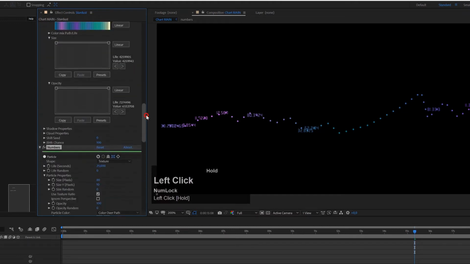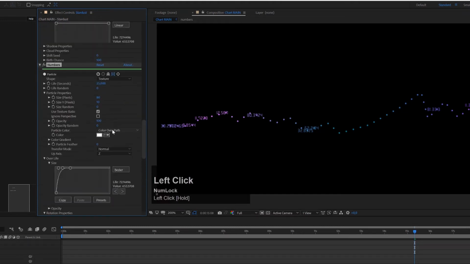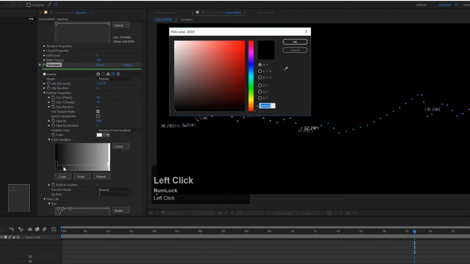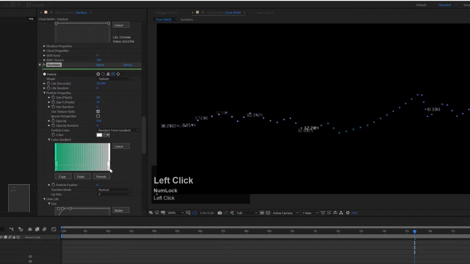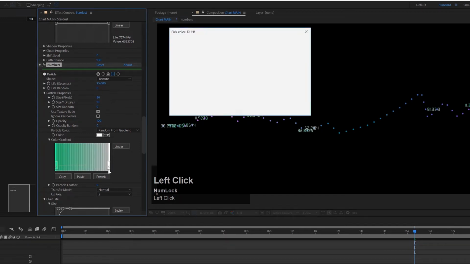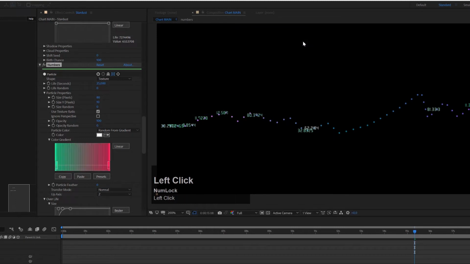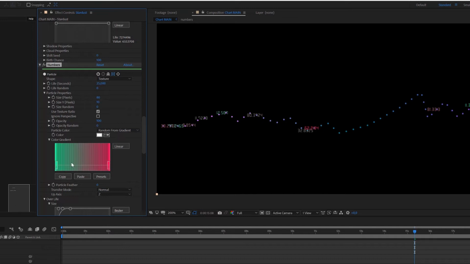So I will go to my particle properties and I will change it from color over path to random from gradient. And now I can use my standard color gradient here, and I will just add two colors, and I want to add a greenish color and one reddish color. And this is because usually in these charts, green means buy, red means sell. So that means when somebody is buying, then it's displayed green, and when somebody is selling stocks, then it's displayed